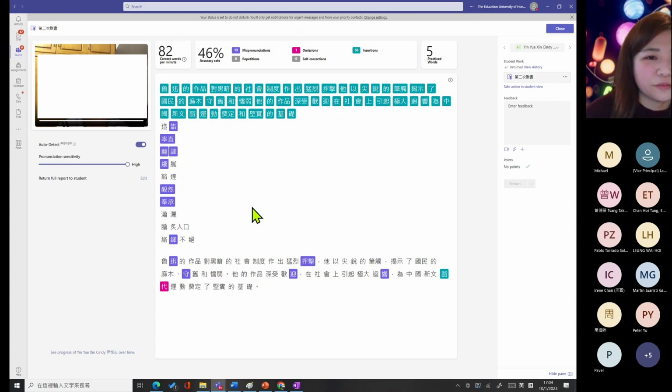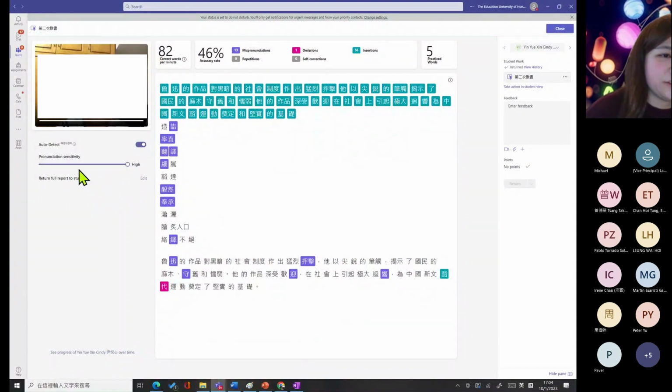Oh, you may see that the student, as a Mandarin teacher I think her Putonghua is so good. Most of the words are correct. However, you can see the database here. It shows some of those are mispronunciations, or here is a missing word. And you can see here